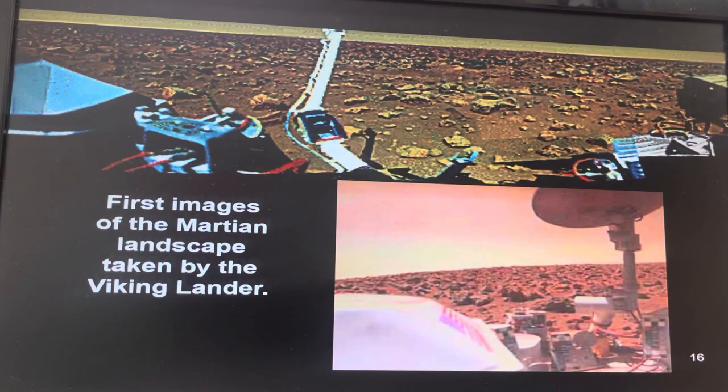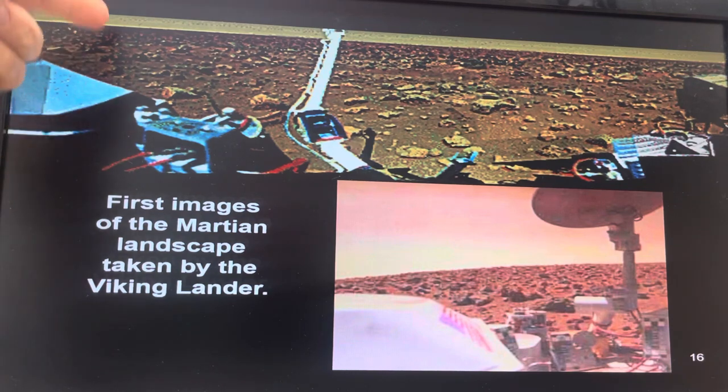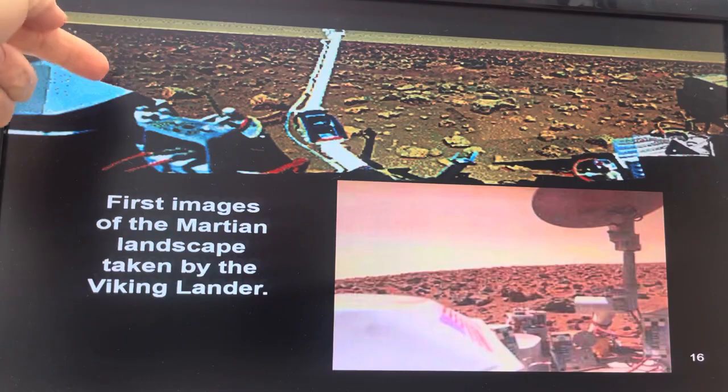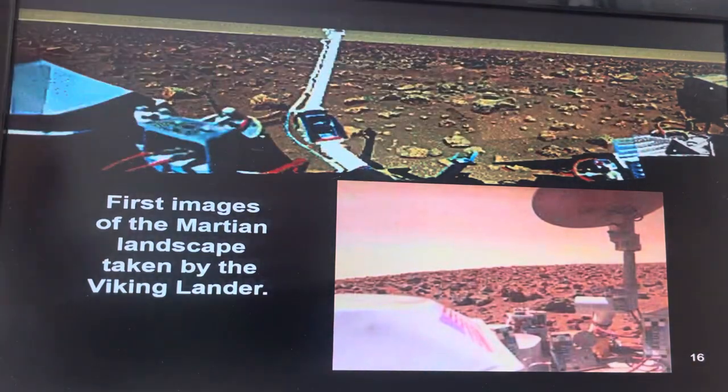These are not 3D, but these were the first images of the Martian landscape taken by the Viking lander in the 1970s. The first images ever taken by humans on the surface of another planet. It would only load one tiny strip at a time, very slowly, until the whole picture was